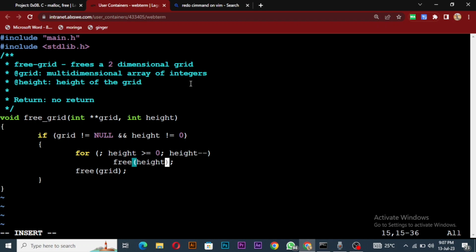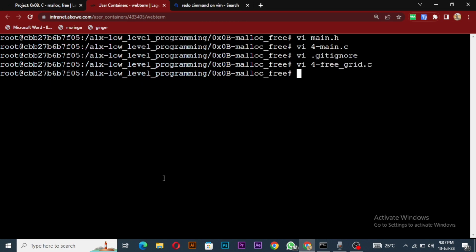And then don't forget that we have our grid first and then you should free up grid at index height, right? And then grid, just like we did in the previous place. So this index i, and index grid, index height and grid, I'm going to explain why we have that. So let us still quit it and then let us